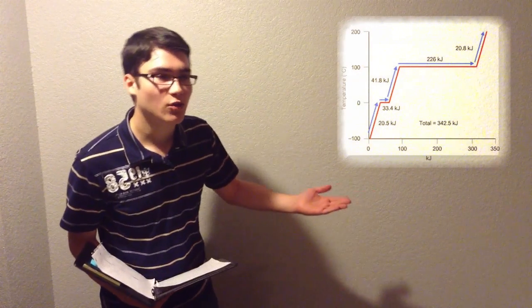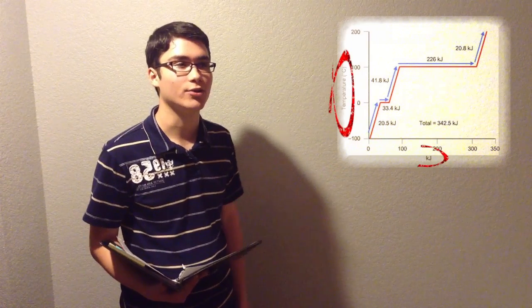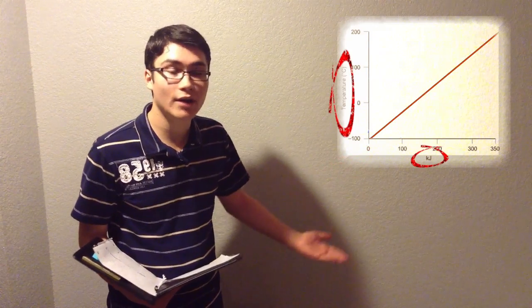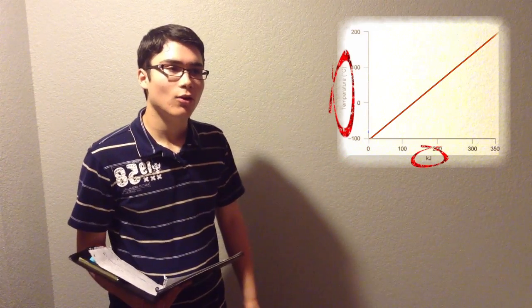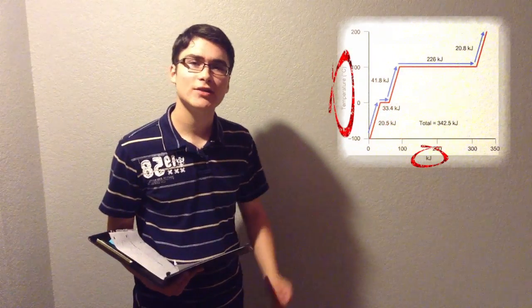And you may be wondering what this graph I have here is all about. This is basically just a chart of how the temperature of water increases as you add more heat energy. However, you may be wondering why this isn't just a straight line. After all, the more heat energy you add, the more temperature, right? Well, that's actually wrong. We actually have these flat areas for a reason, and it's because of something we call